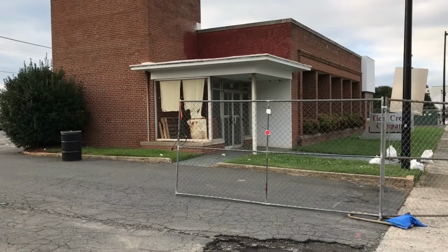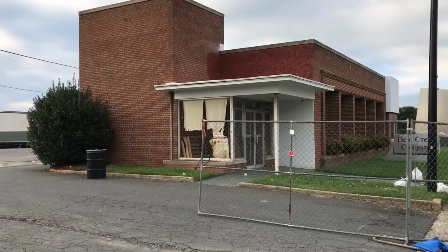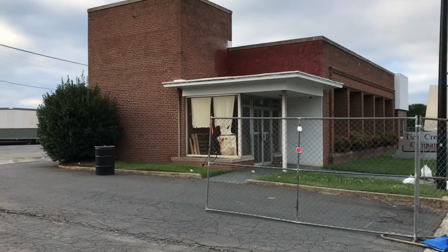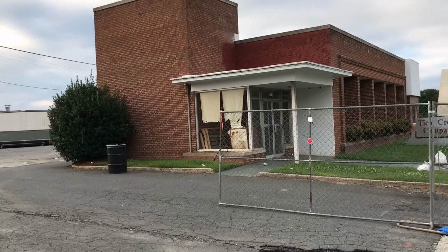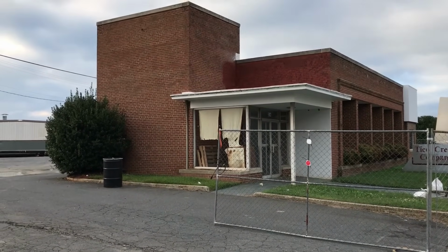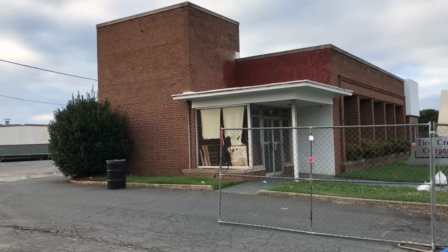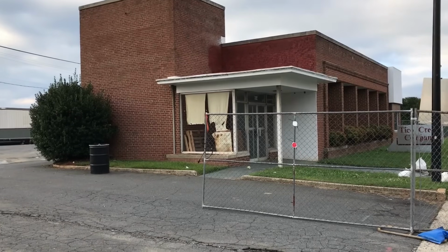This credit company has been empty for a long time. Somebody climbed up on the roof and spray painted some graffiti up there maybe a month ago. And I was happy to see that somebody went up there right behind them and painted right back over it. So I don't know if they're going to save that building or if they're going to tear it down too,